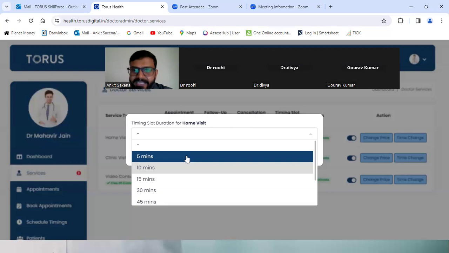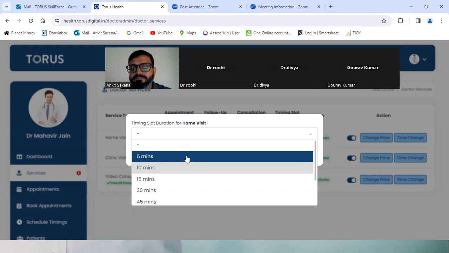Secondly, to answer your question, suppose for a video consultation you have kept a timing of 30 minutes, but you have done the consultation only for 10 minutes. After 10 minutes, you can mark the appointment complete, and the appointment will be completed. So this 5, 10 or 15 minutes is the maximum time that you are allocating right now.